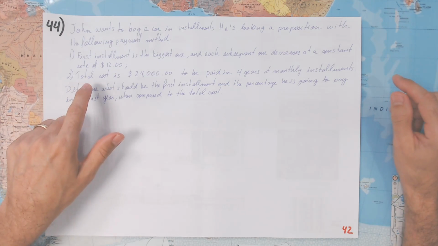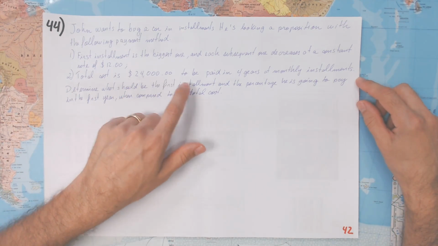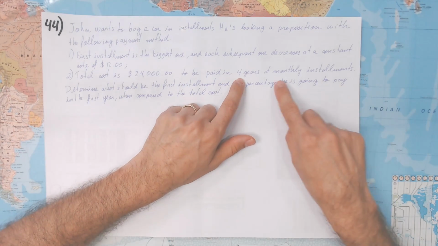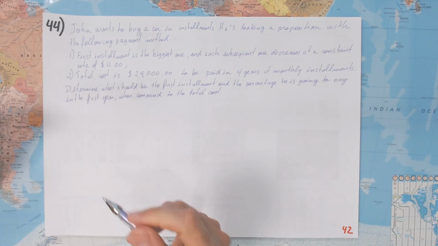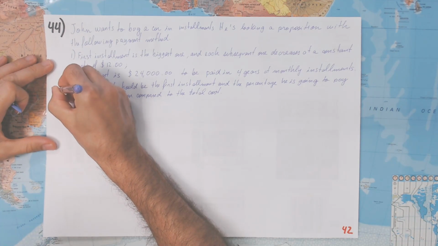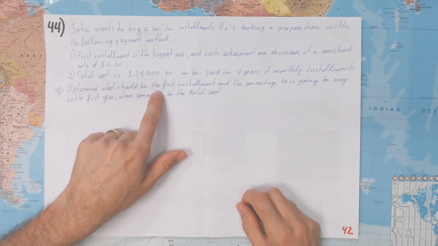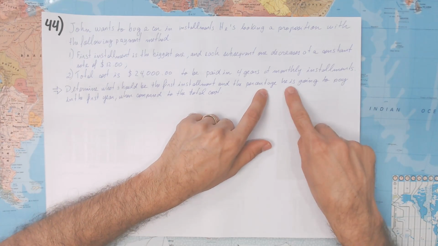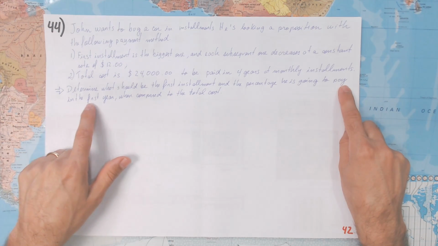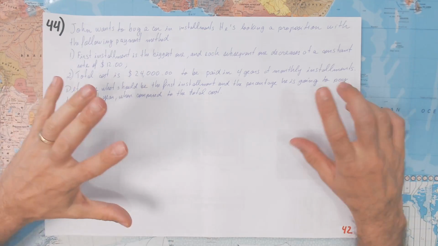So the total cost is $20,000 to be paid in 4 years at monthly installments. What I want to know is this. Determine what should be the first installment and the percentage he's going to pay in the first year when compared to the total cost. So he's going to buy a car,